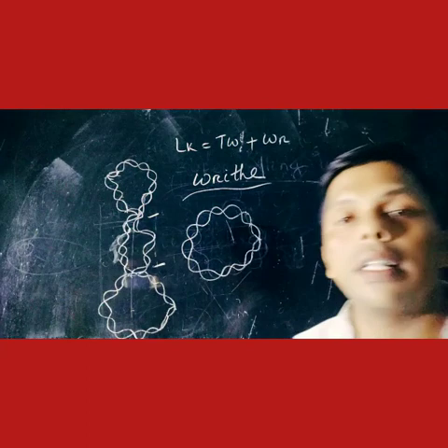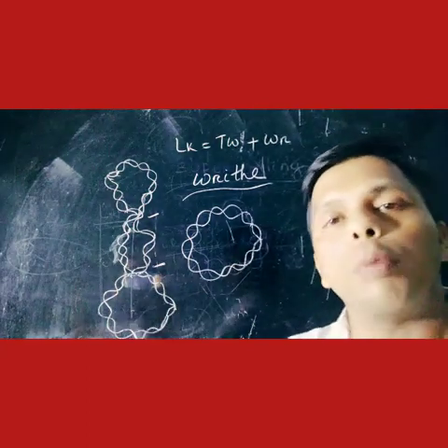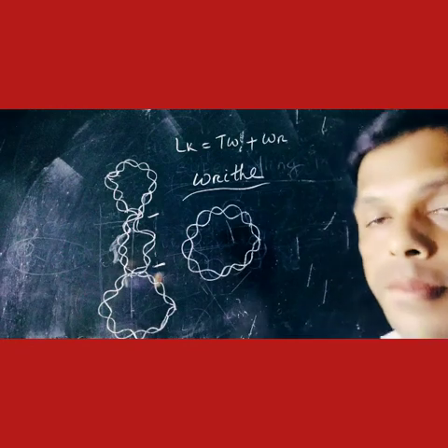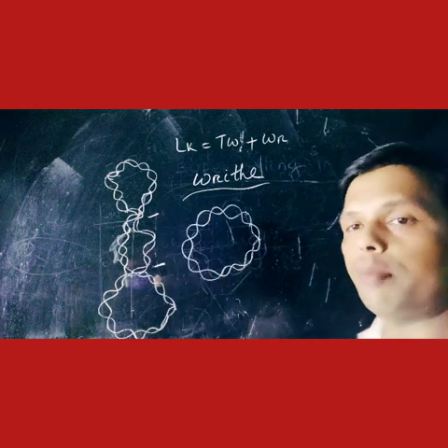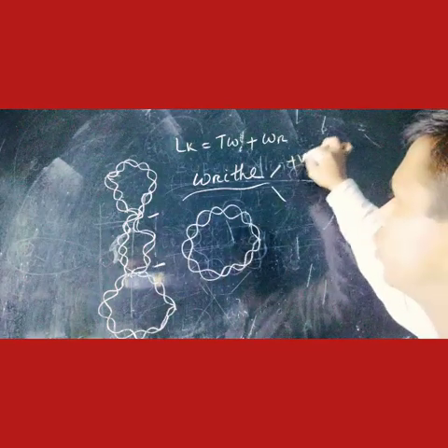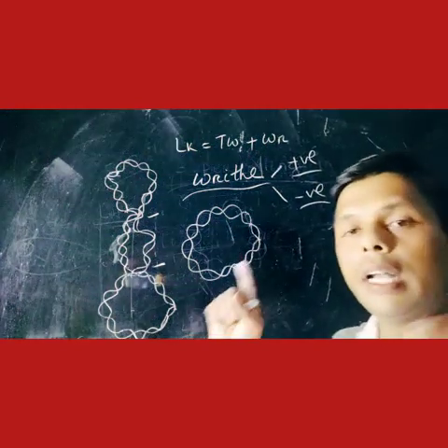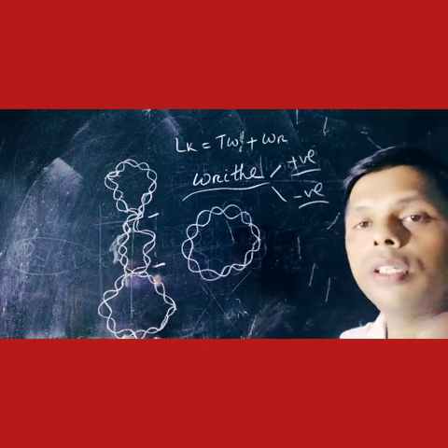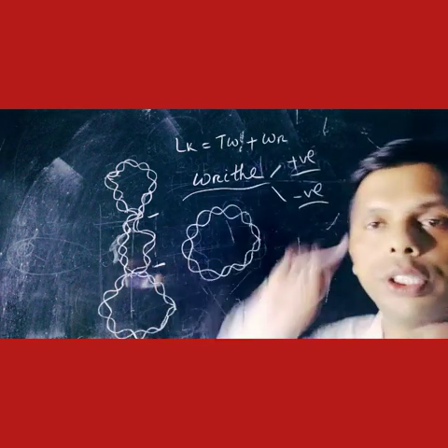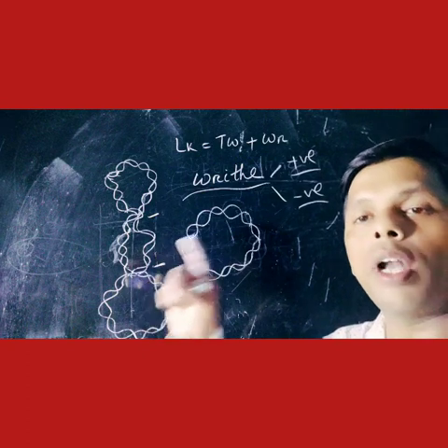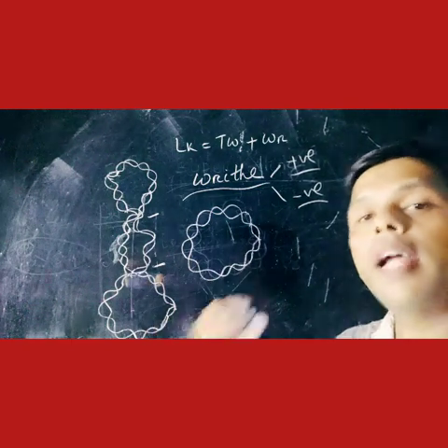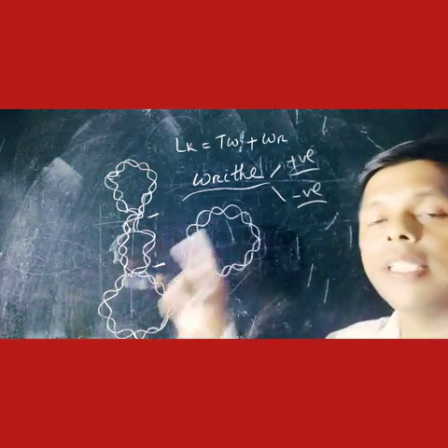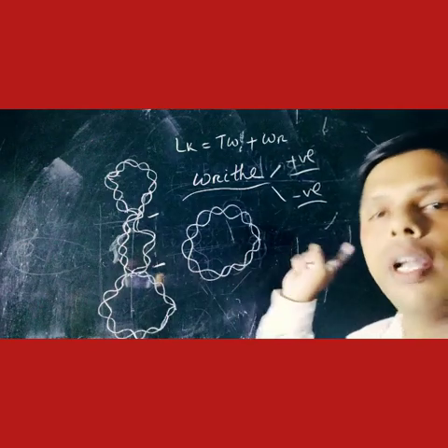Okay. Then come to positive and negative coils. The positive and negative supercoil depends upon the direction of the writhe. How? Positive writhe and negative writhe. In positive writhe, when the DNA is right-handed in nature and the writhe is right-handed, it is positive. That means the direction is similar, the coiling of DNA and the twisting of the writhe. When the DNA is right-handed and the writhe is left-handed, that means the direction is opposite. It is called negative writhe.